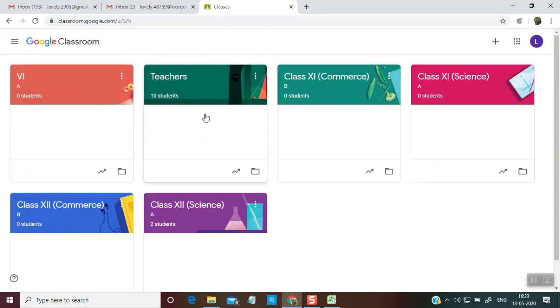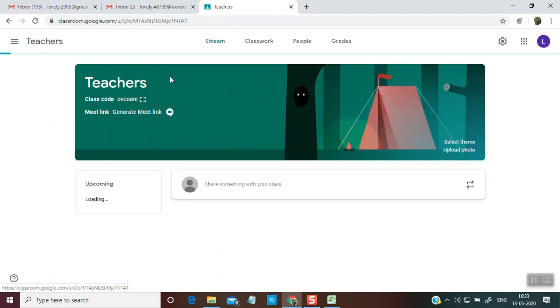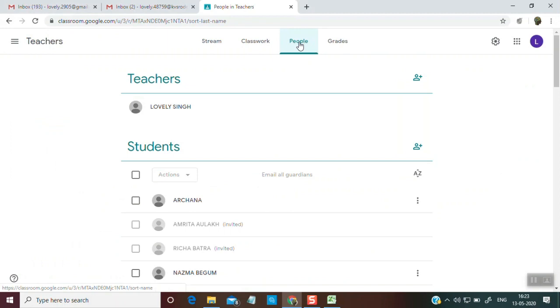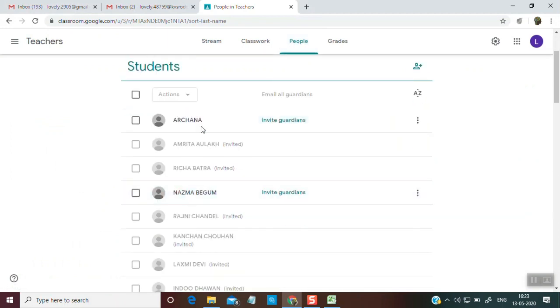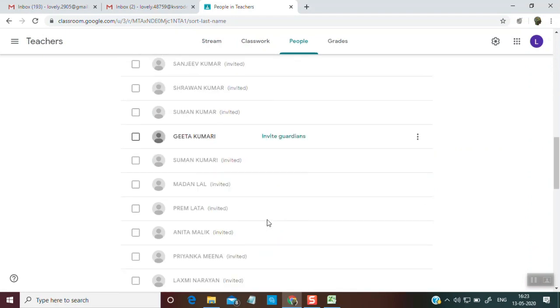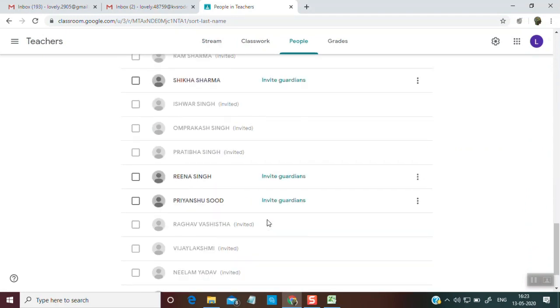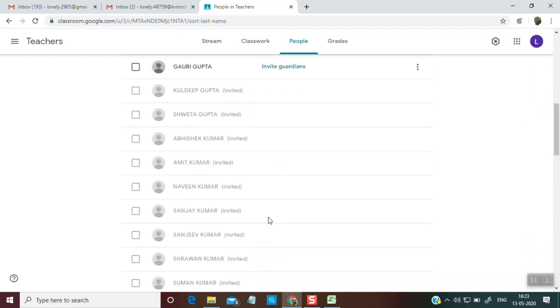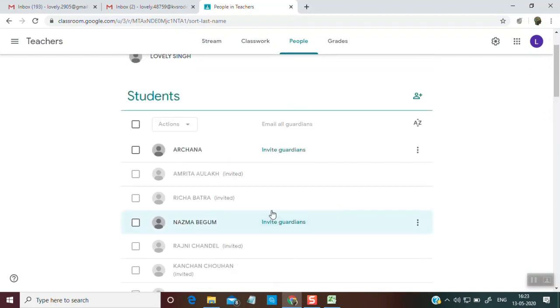I had created one teacher group, so if I click on this group and click on People, there are a few teachers who have selected that invite icon, so they are in the group. Here you can see how many students have added themselves, and then you can let the students who have not added know to add themselves.